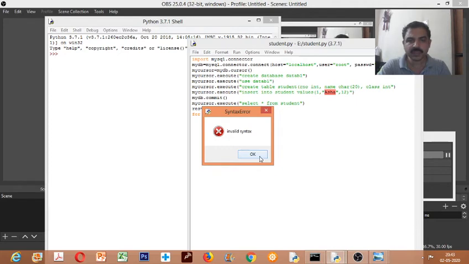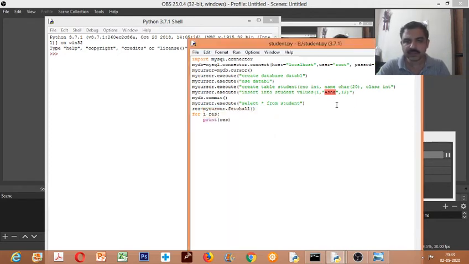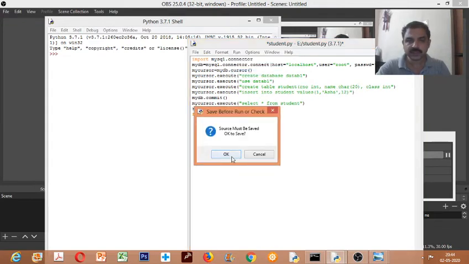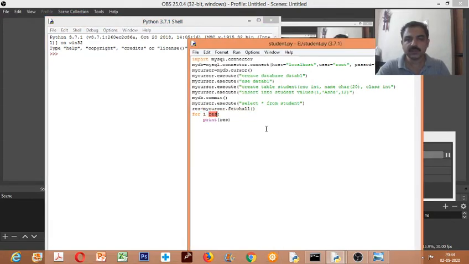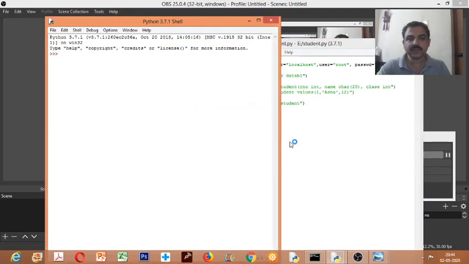So invalid syntax. What is this? We'll see. Okay, here double inverted comma is used. So within double inverted comma, I cannot use a double inverted comma again. Instead of that, I can use single inverted comma. So let us see this strings. So something wrong here also. Okay, now execute.